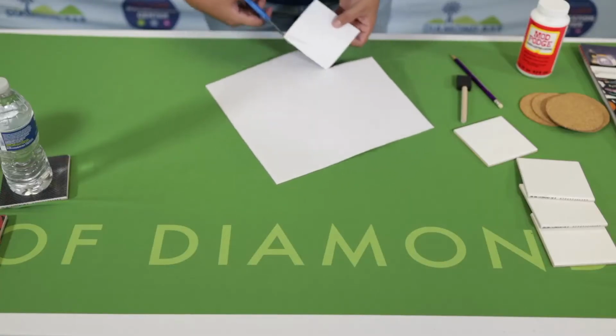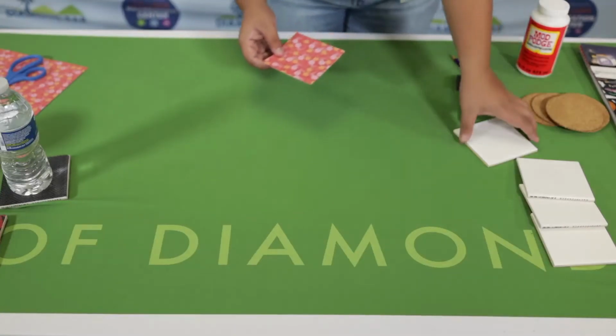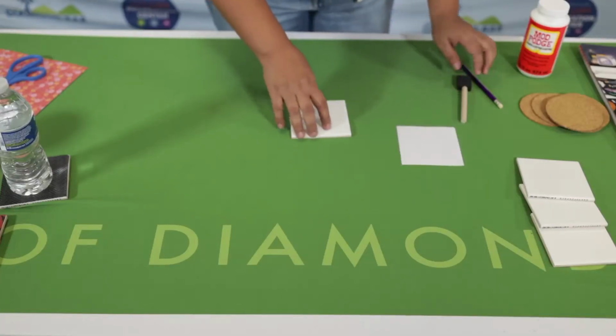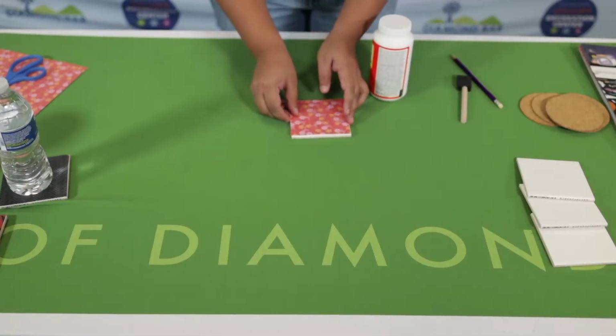So let's get this out. And we're gonna put the rest of the sheet of paper to the side. I'm just gonna put this over top, measure, make sure we got it measured out correctly, or if I need to do any trimming. All right, so once you have your paper and it is the size you need it to be,